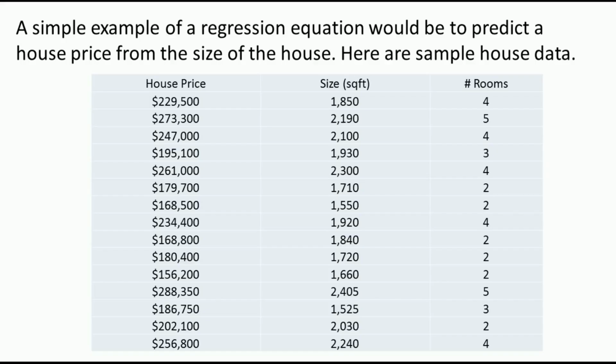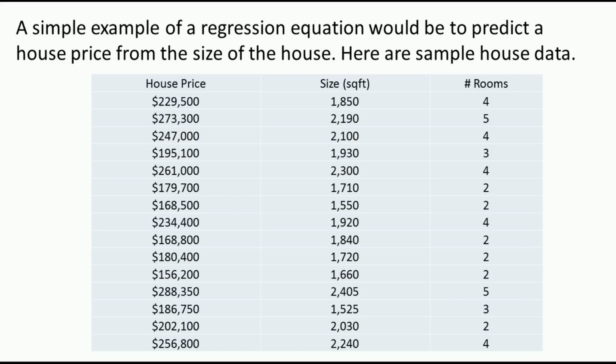So this is a data set given for us to solve. Here we have three variables. One is house price, the second one is size of the house in square foot, and the third one is the number of rooms. Now given this particular data set, what we need to do is predict the house price given the size of the house as well as the number of rooms in the house. Looking at the problem definition, we can understand that there is one dependent variable, that is house price, and there are two independent variables, one is size and another one is rooms. So we need to solve this using Microsoft Excel.